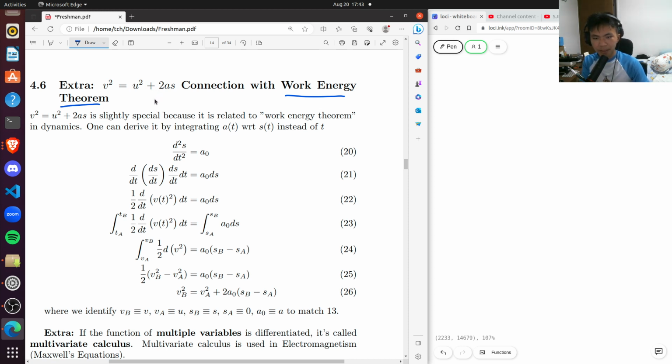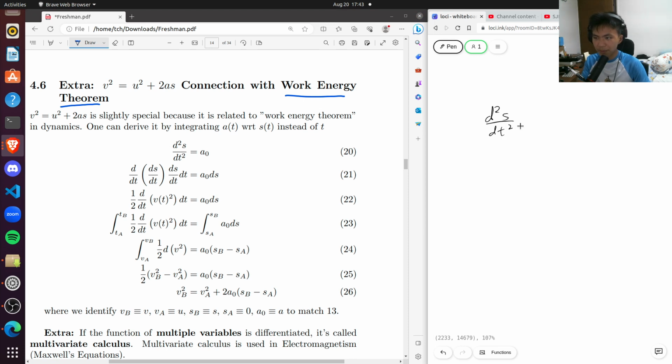But roughly speaking, sorry, we haven't talked about differential equations, but if I'm given this definition, a is the second derivative of s. If you do know a as a function of time, then the way to get s is just to integrate with respect to t twice. So you integrate with respect to t, and then integrate with respect to t again, and then you get s as a function of t equals the double integral. Let's write it like that. We'll do the first integral first.